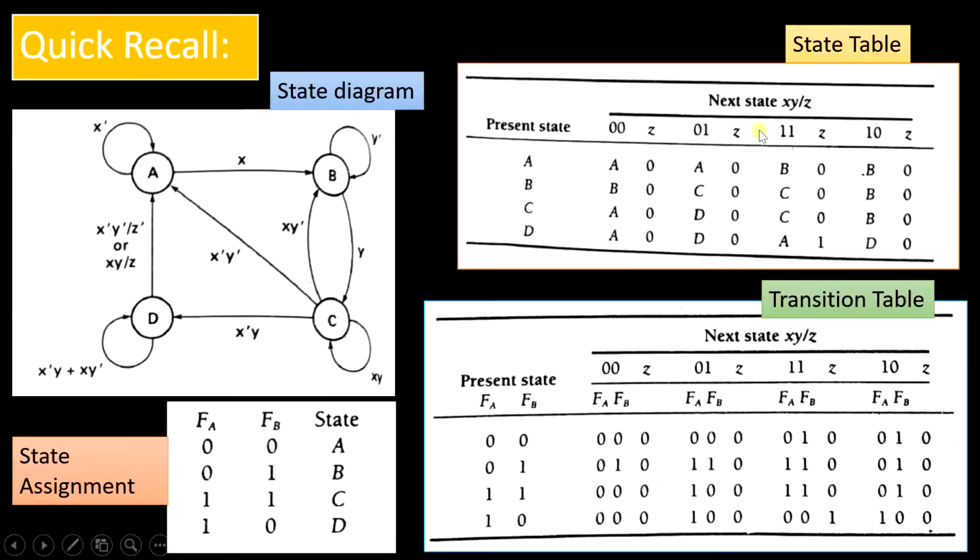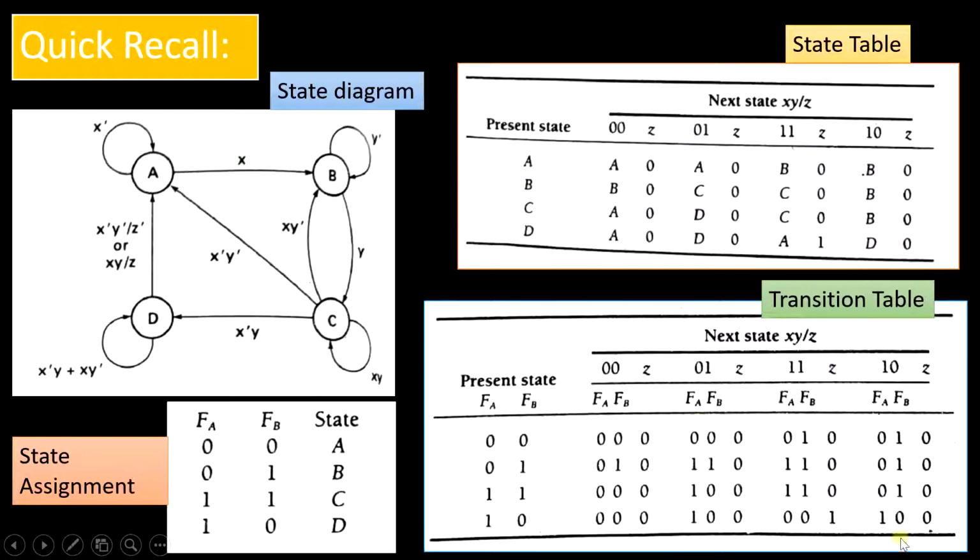If you look at this state diagram, the state table and the transition table, they are all equivalent. From the state diagram we obtain the state table, and from the state table we obtain the transition table. We saw all this in the previous tutorial on state machine notations, and it will be very useful when we try to obtain the excitation table and the excitation equations, especially the state table and the transition table specified here.